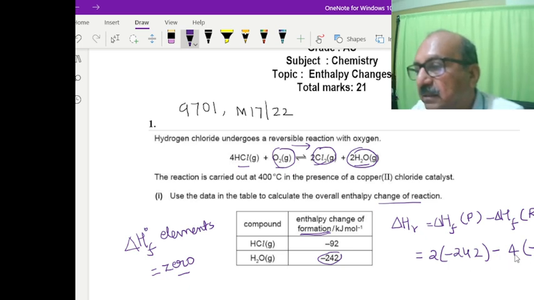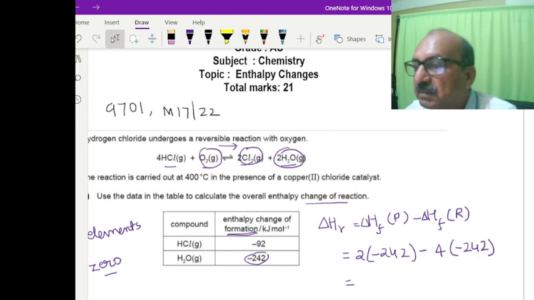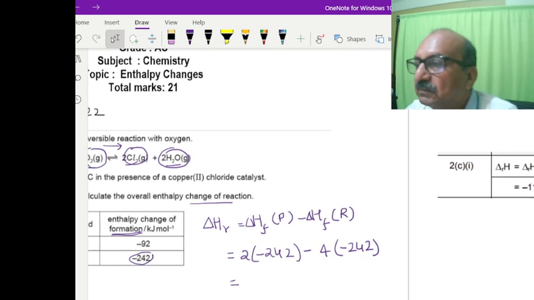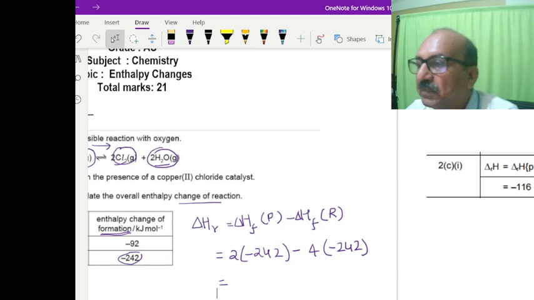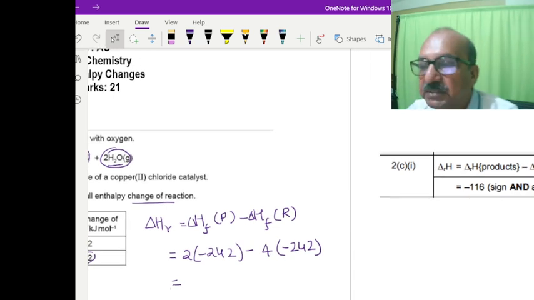Minus and minus, obviously it becomes plus, and this is minus. So when you solve this, and I have written down the solution from the mark scheme, and see it is the same. 2 times minus 242 minus 4 times,